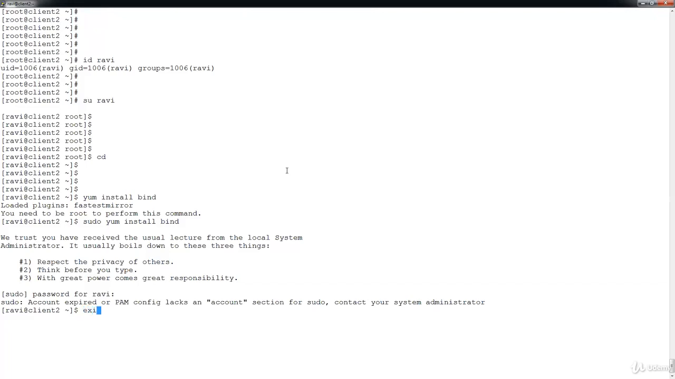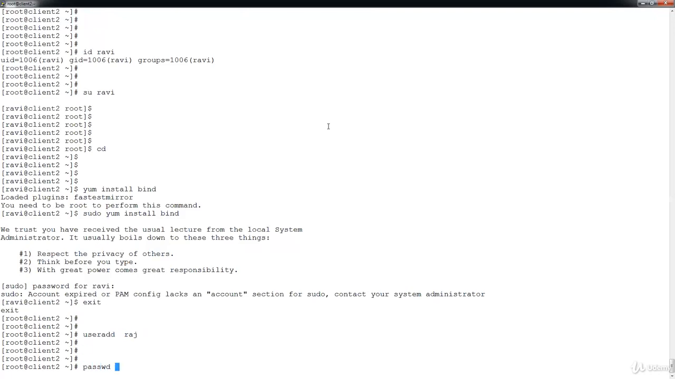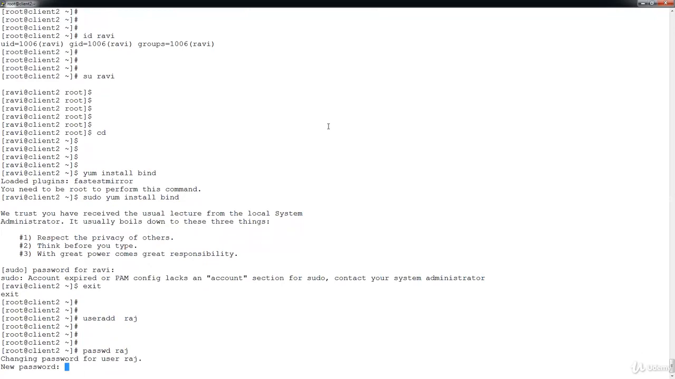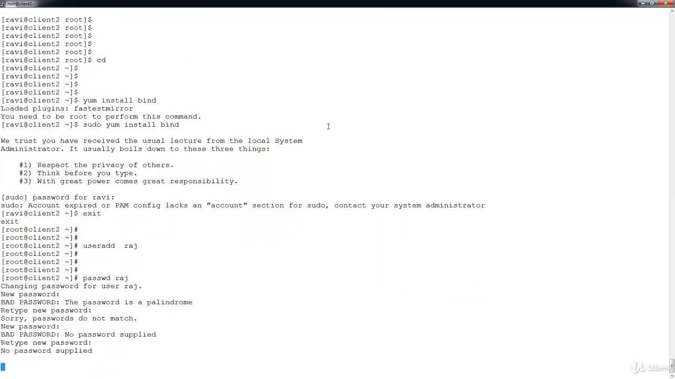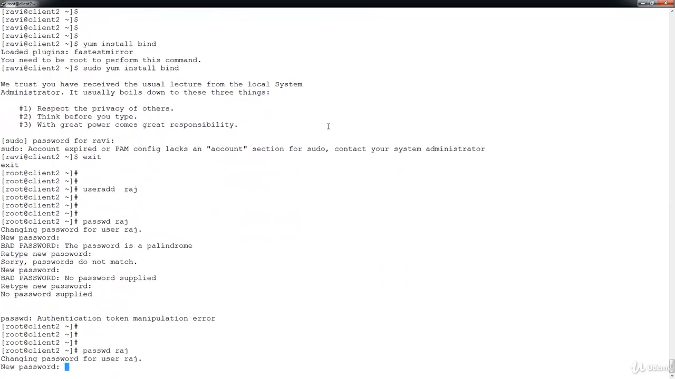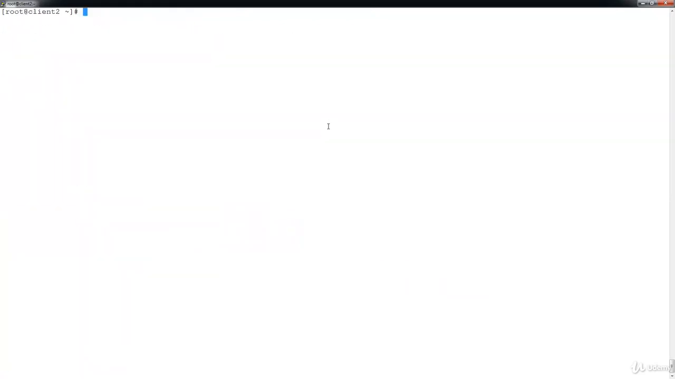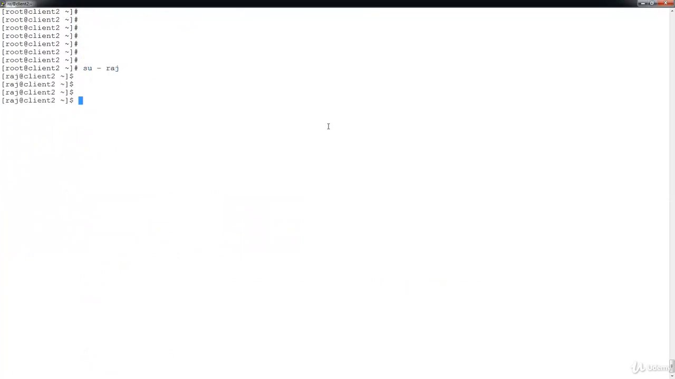So let's create one fresh user. We'll say useradd Raj, and we'll set a password for Raj. All right, the password is not set properly. Now let's log in as user Raj. Now if we do yum install bind, it will not permit, right? If we add